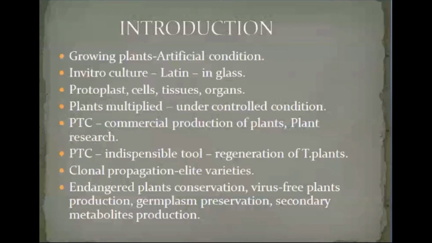And the next one, we can use this plant tissue culture for endangered plants. Okay, so endangered plants, we know that if you are not concentrating on those endangered plants, they will not exist. So to take care of those endangered plants, we can use plant tissue culture, because if you get a small leaf, or a small stem, or any part of a plant, that can be used to multiply the endangered species. So in that way, we can save or protect the plant species, a variety of plant species.